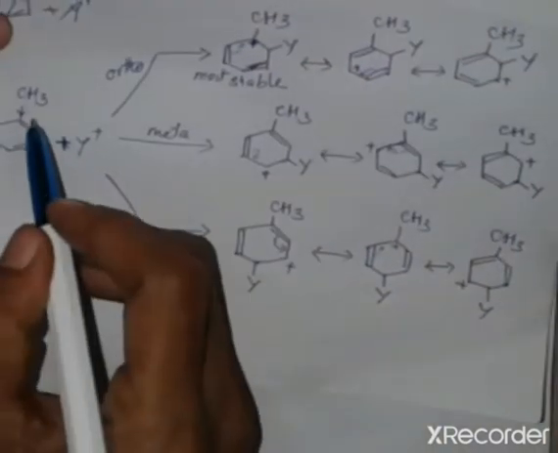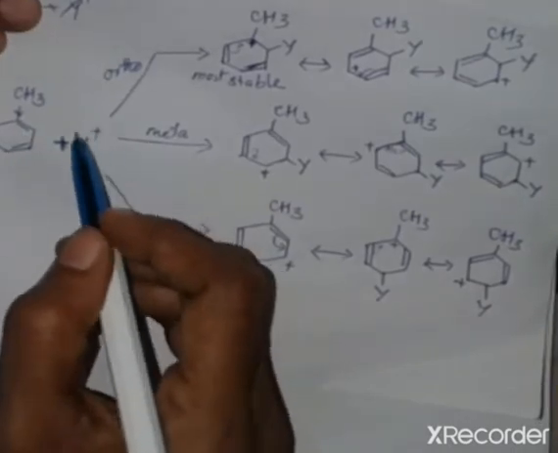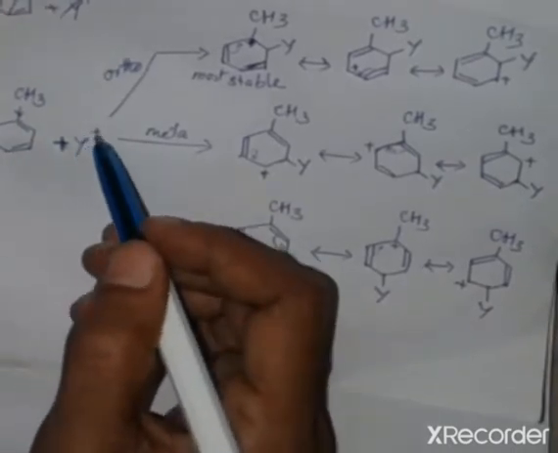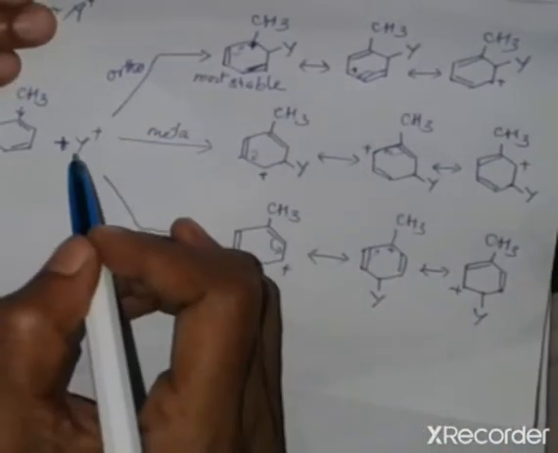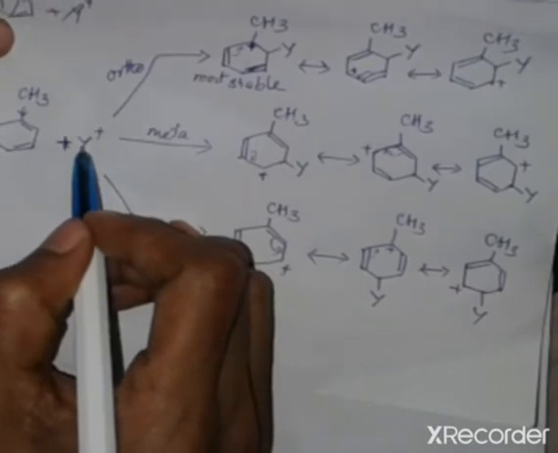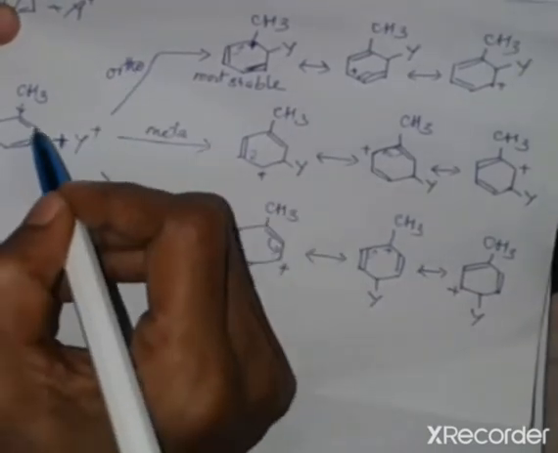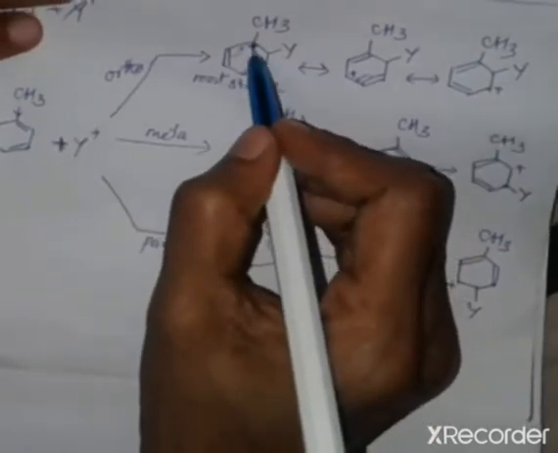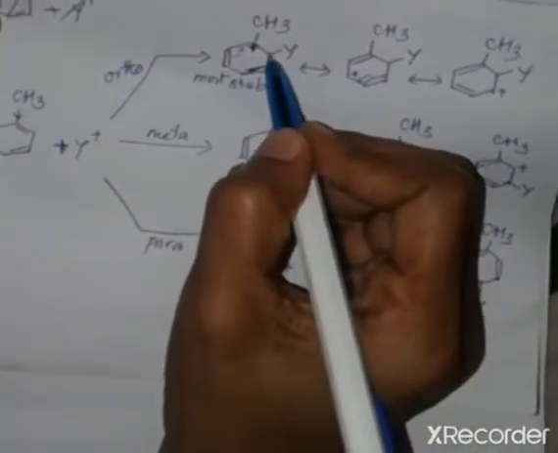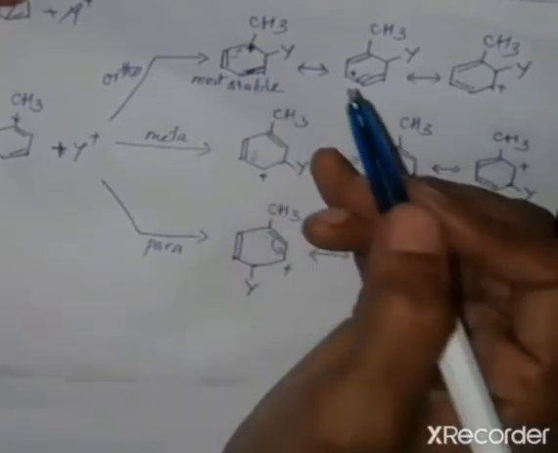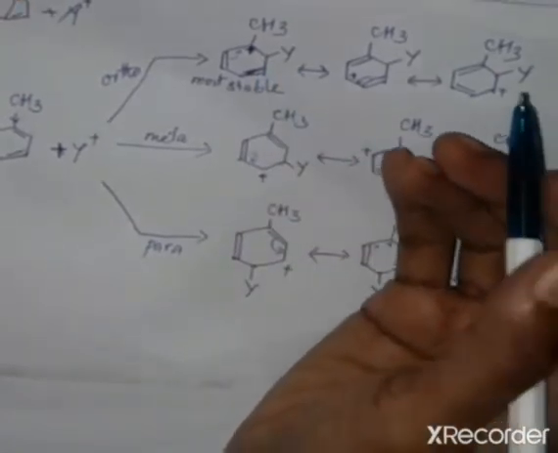How does an activating group direct the incoming electrophile either ortho or para to the benzene ring? Suppose Y, the incoming electrophile, attacks at the ortho position of this compound, we can get a carbocation and it has three resonance structures. It was already discussed in the mechanism of electrophilic substitution reactions of benzene. After the electrophile attacks the benzene ring, we get a carbocation intermediate. It is resonance stabilized by three resonance structures.